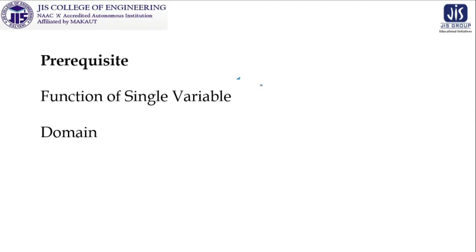The next prerequisite is the meaning of domain for a function. Obviously, I am talking about functions of a single variable because these are the prerequisites, but the concept of domain has to be very clear to us for any function. Next, the concept of range. In the context of single variable functions, the domain means the set on which the function is playing its role, and the range is the set where the function gives the output after taking into consideration the inputs from the domain.